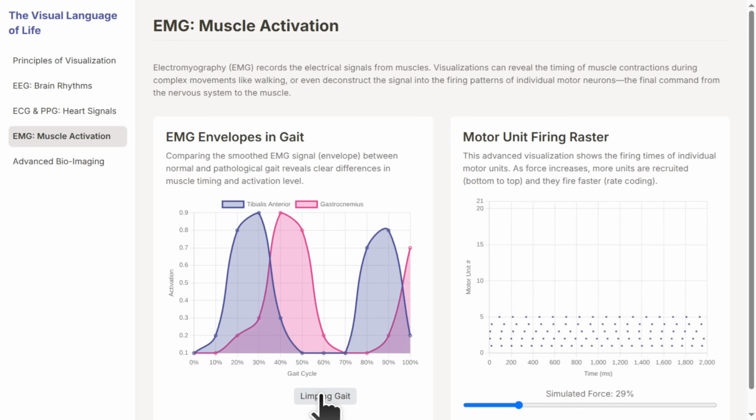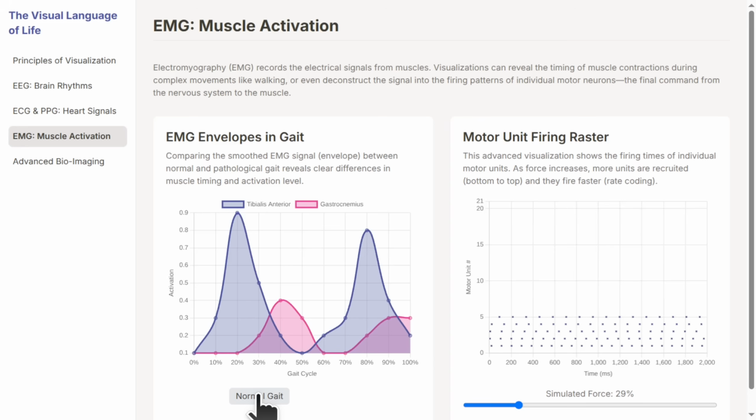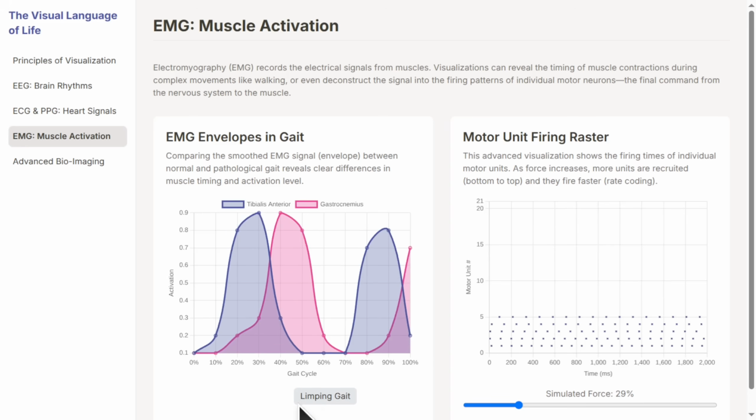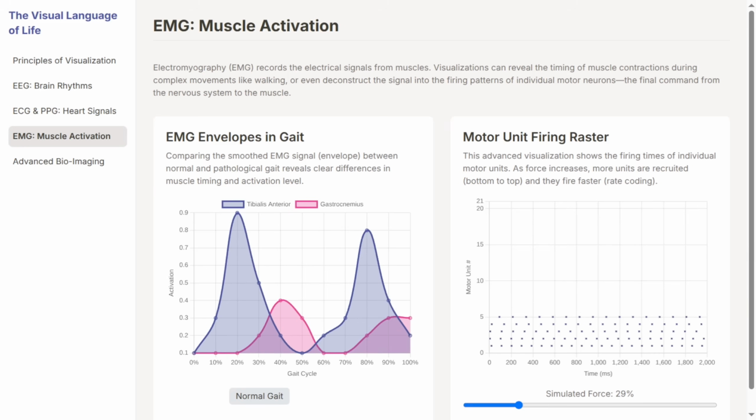Oh, clearly. You can see when certain muscles turn on and off during the walking cycle and how strongly they're firing. It highlights the compensation patterns in the limping gait, for instance. Super useful for diagnostics or rehab. I can imagine. And then, for a really, really detailed view,